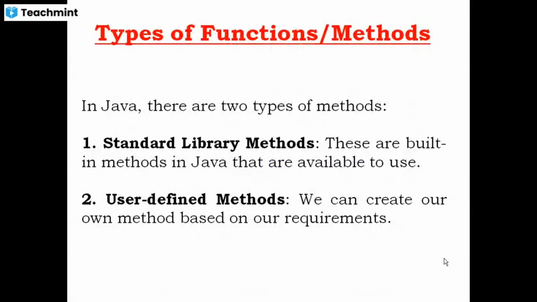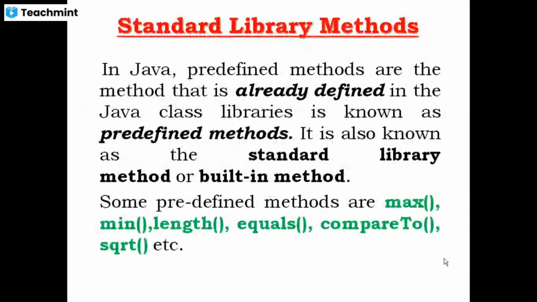Now we'll take the types of functions or methods. Children, in Java, there are two types of methods. First are the standard library methods and the other one is user-defined methods. Okay. Standard library methods are also called inbuilt functions or inbuilt methods, and user-defined methods are those methods which you or I create. Standard library methods in Java, or predefined methods, are methods that are already defined in the Java class library. Children,